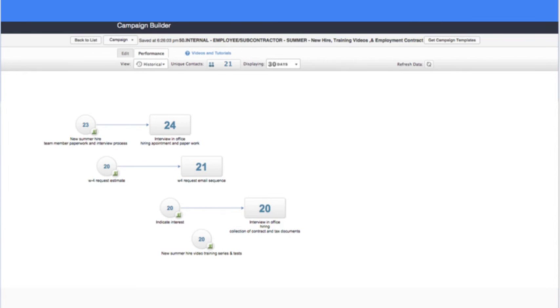This next screenshot is an additional campaign or automated system that we've built internally. So you can see in the last 30 days, we've had 24 applicants set up for interviews. We've had 21 people requested for their tax documents. And we've had 20 people that have made it to their second interview. Now, out of this 20, in the last 30 days, we've hired 9 of them,